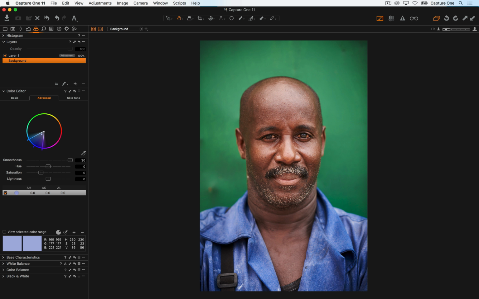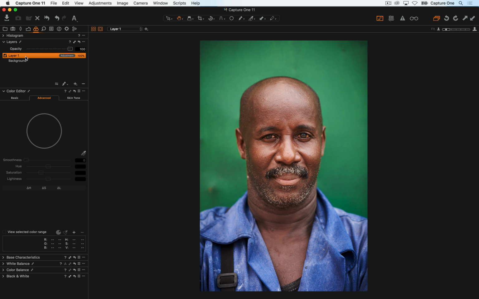When you create a layer, do you use the basic color wheel? Yes, you can't do basic color edits on layers. And to be honest, the advanced color editor is actually much more powerful, and personally I think in some ways easier to use as well. Okay,